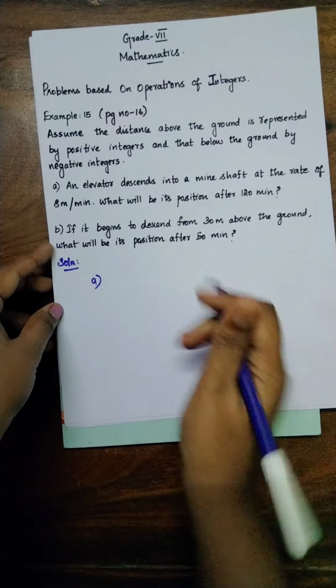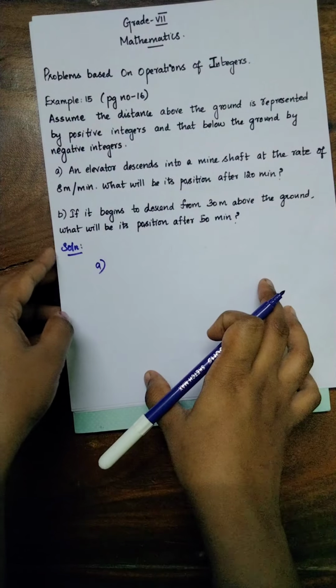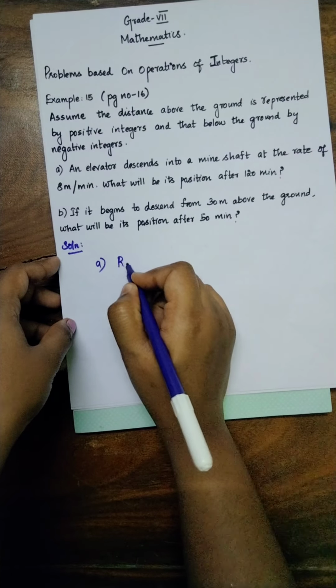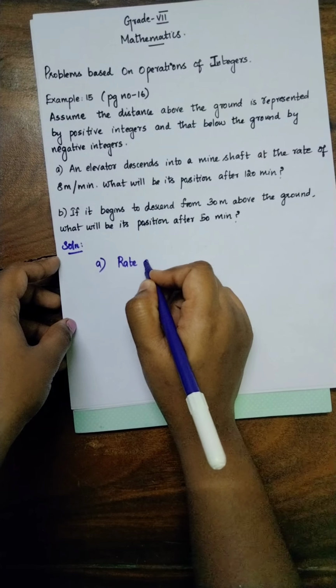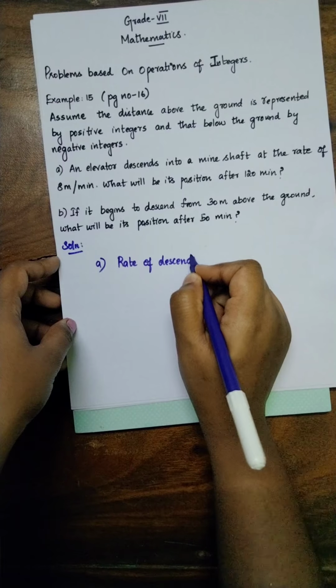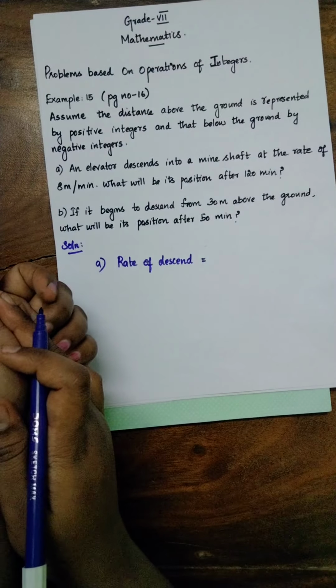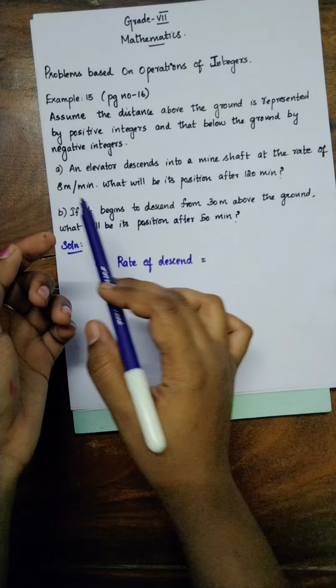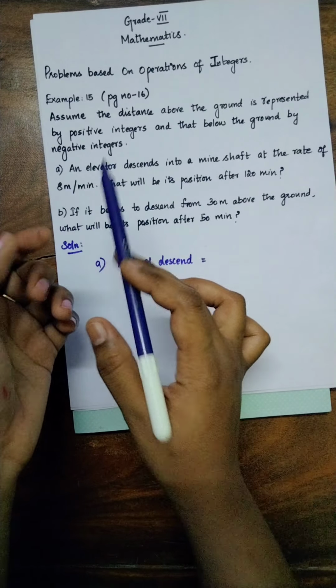First, we are going to solve the A part. We first write the step. Rate of descent. How many meter is it going down per minute? Rate of descent is 8 meter per minute. So,